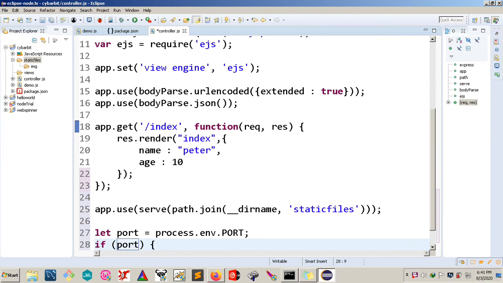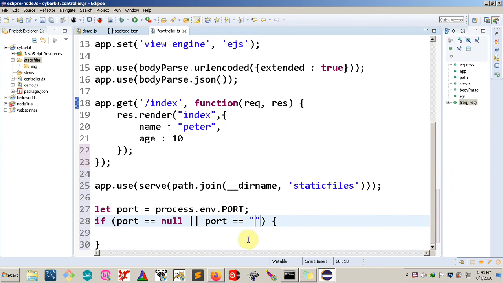So I'll just say port equals null, or port equals empty, then go ahead and set port to 8080, 8081,